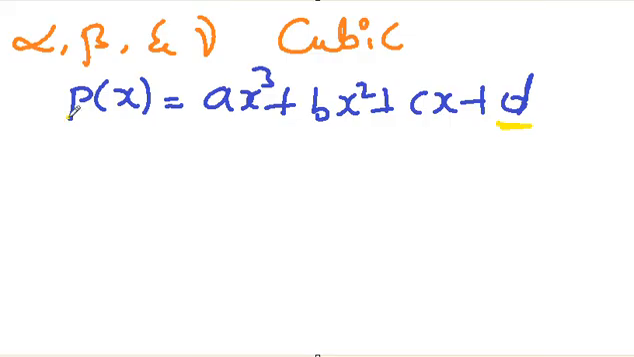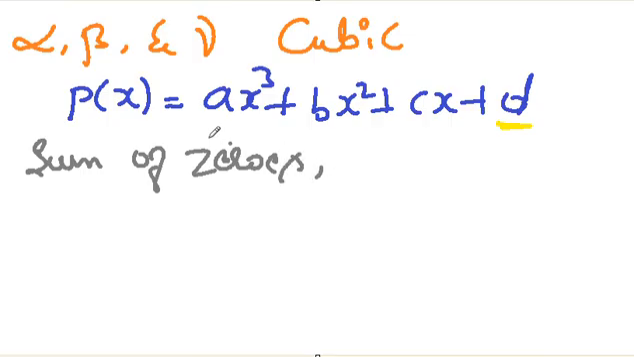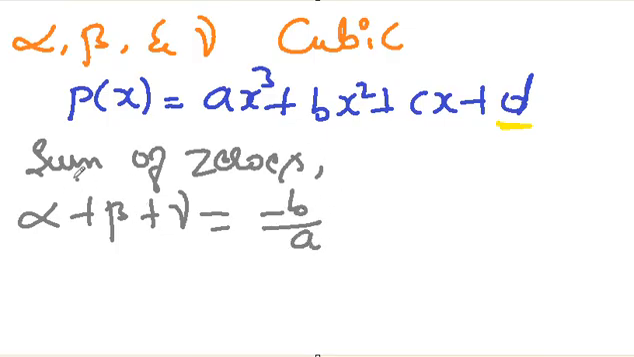First we should consider the sum of the zeros. Here we have taken 3 zeros, that is 3 solutions. So alpha plus beta plus gamma is equal to minus b by a. Same formula, but we have taken 3 different solutions, the 3 zeros of the polynomial. This is the formula to find the sum of the zeros in a cubic polynomial, that is minus b by